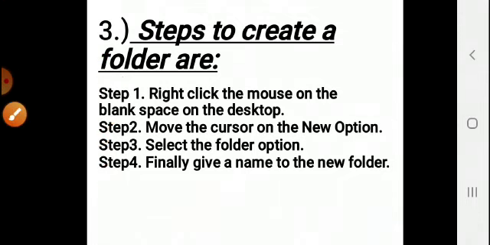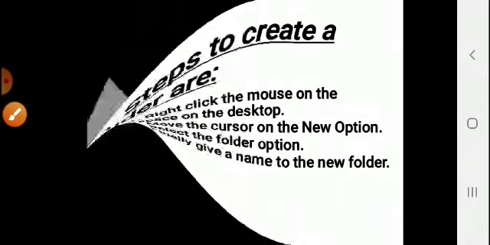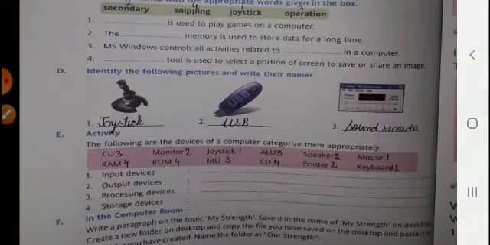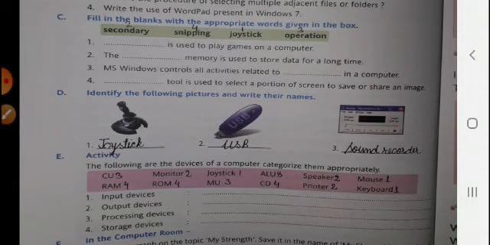Now, moving towards our next part, you can turn your page to page number 54. Co-curricular activity number first: part A and part B we will do afterwards because those are question answers. In our next video we will see those. First of all we will do C, D and E part. C part: fill in the blanks with appropriate words given in the box.